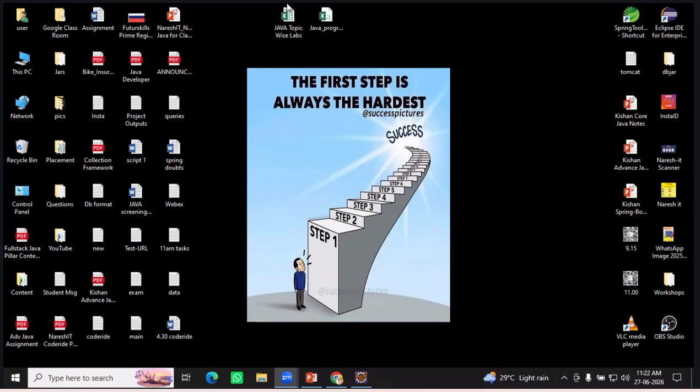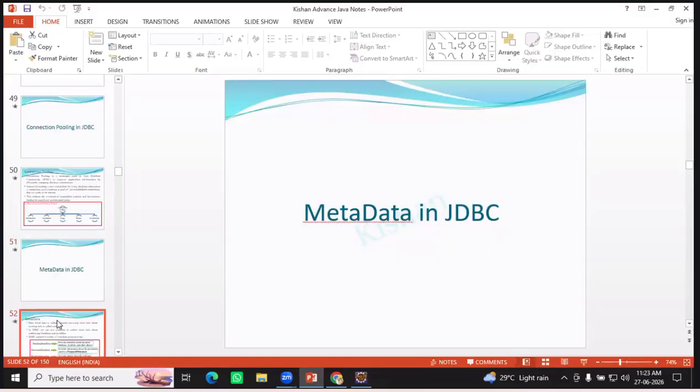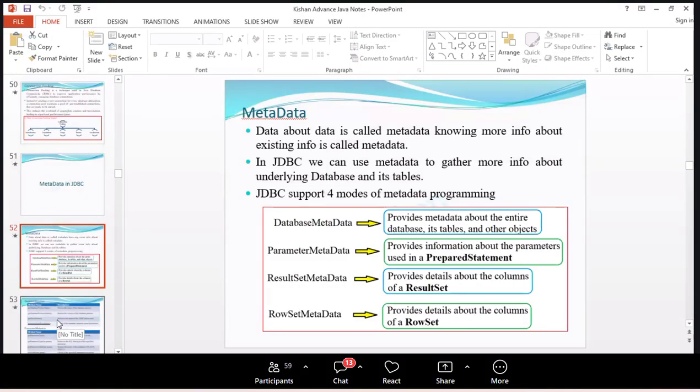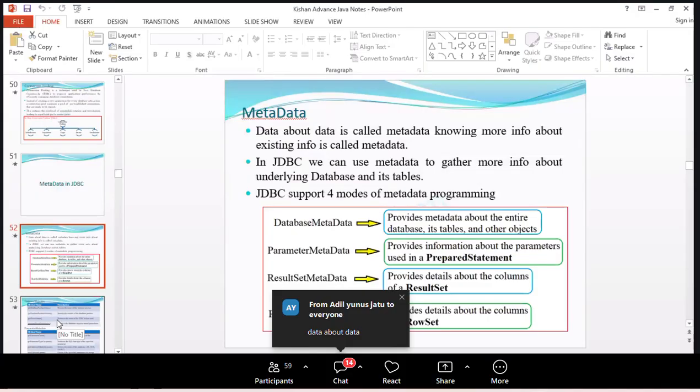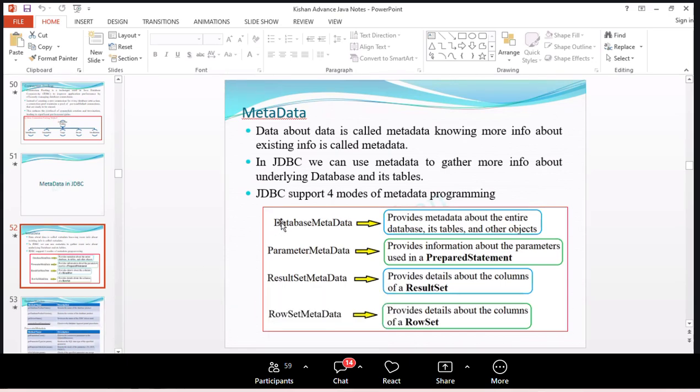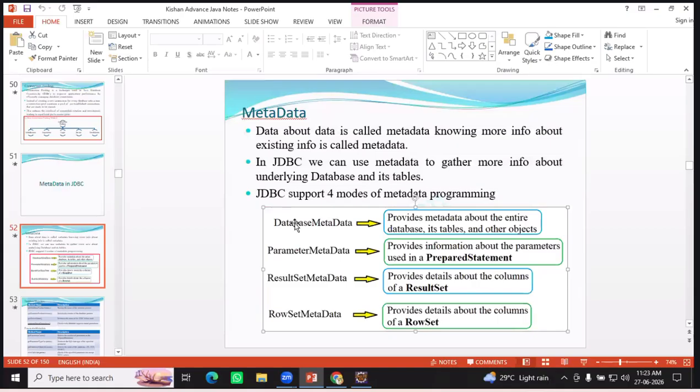First things first. Today we are going to speak about metadata. You tell me, what do you mean by metadata? Data about the data. In our JDBC, there are actually 4 types of metadata: database metadata, parameter metadata, result set metadata, and row set metadata. As simple as this. When you're speaking about database metadata, it provides information related to the database. Literally, information related to the database. For example,